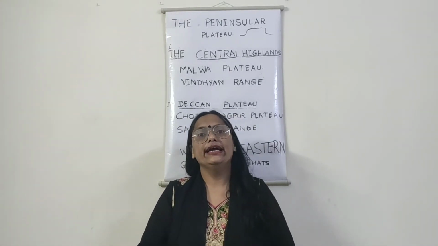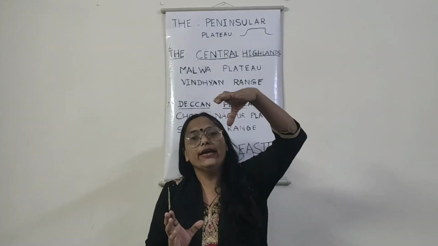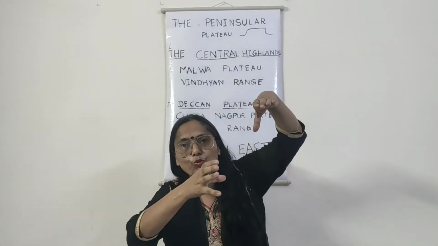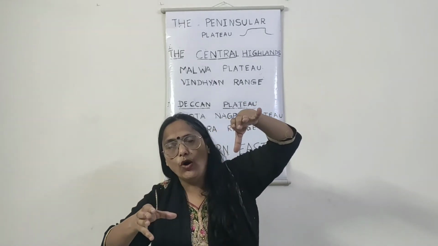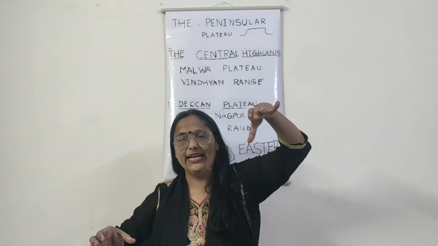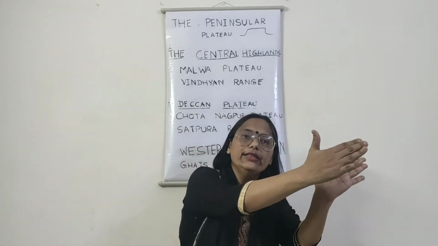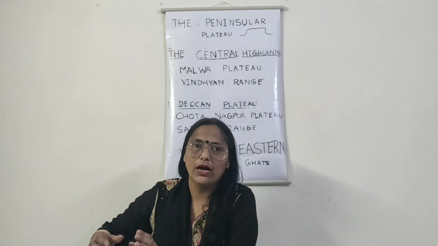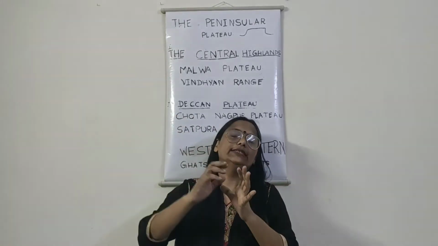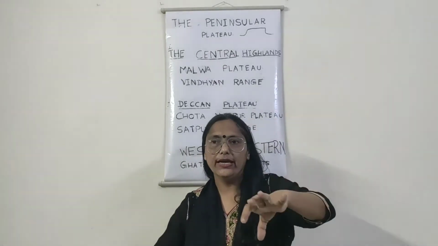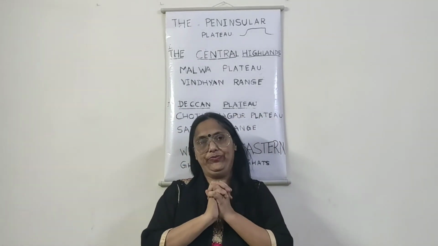We find that when we talk about the Deccan Plateau, it is higher in the west. But as it moves eastward, its width keeps on decreasing. Meaning, it is higher in the west and it slopes down, becoming less wide, as it slopes gently from the western part to the eastern part of our country.